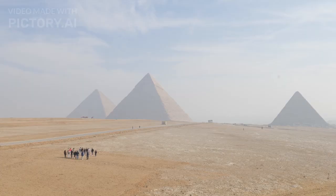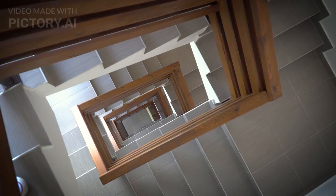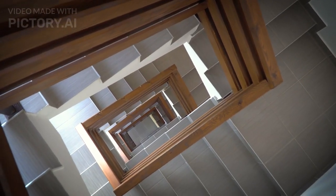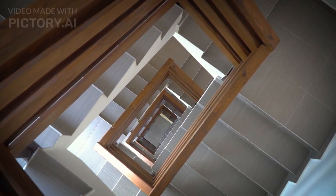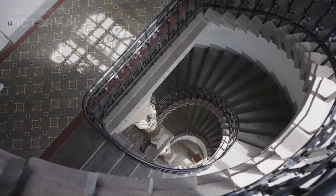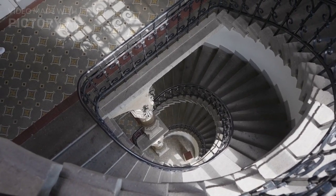Yet, this theory is not without its challenges. Some experts argue that constructing such ramps would have been impractical due to the sheer size and weight of the stones. This has led to alternative theories, including the use of a spiral ramp that wound around the pyramid. The spiral ramp theory posits that a continuous ramp allowed workers to transport blocks more efficiently as the pyramid grew